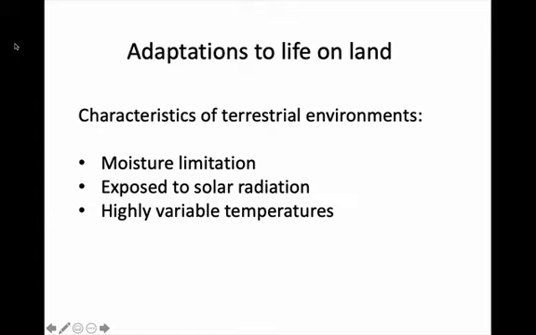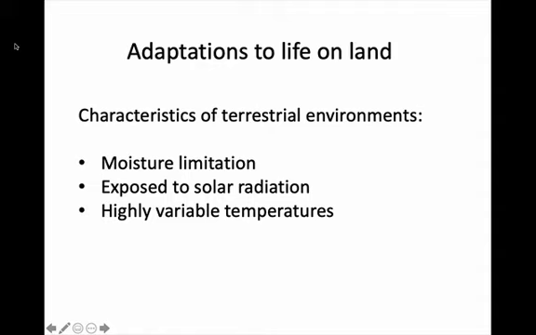Second, they are exposed to solar radiation in ways that they are not exposed to it in aquatic habitats, and that produces extra heat loading that they have to deal with. And finally, because water is a buffered environment, because it has a high heat capacity, it doesn't change temperature very much. In contrast, terrestrial habitats that have air as the medium heat up and cool down to a much greater degree. So animals that live on land have to have adaptations for tolerating greater swings in temperature than they would